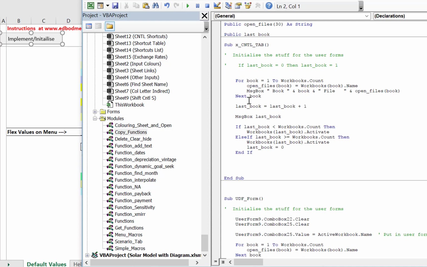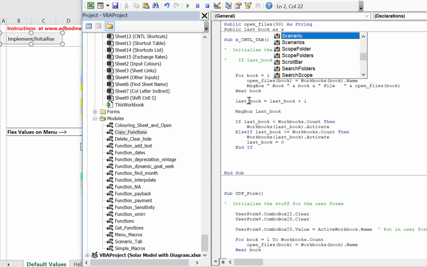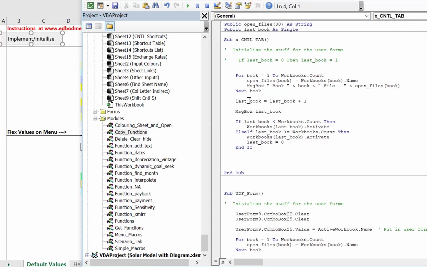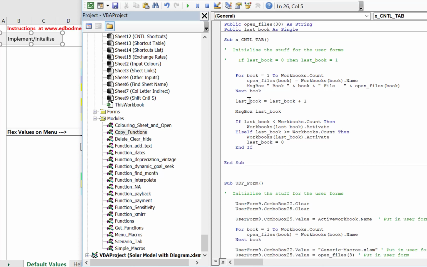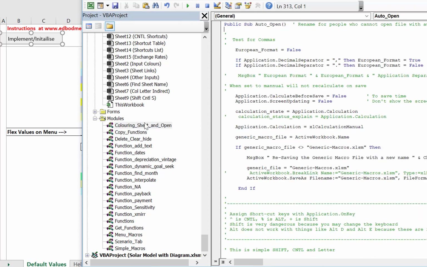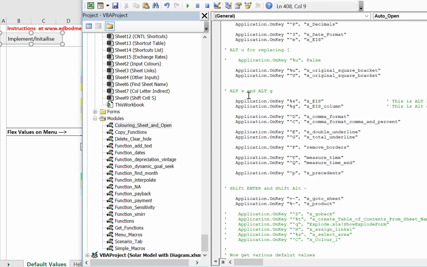I need the public variable above it. If you want, you can put it as single, or as double, or something like that. That doesn't really matter. Then it will be accessible from all the workbooks. And then now you've got to tell Excel. And this is why I have that little initialization thing in. You've got to tell Excel, okay,